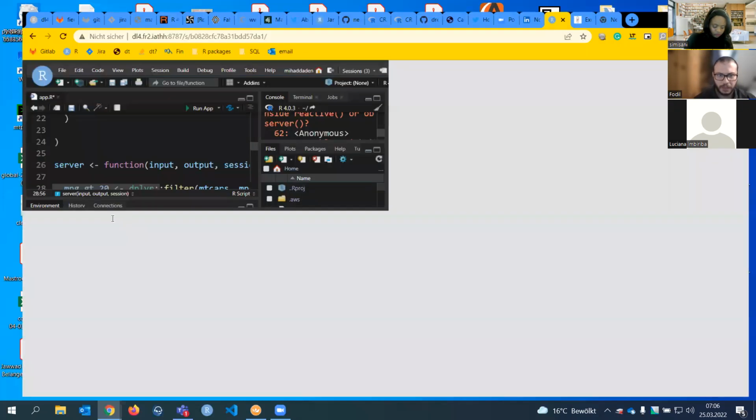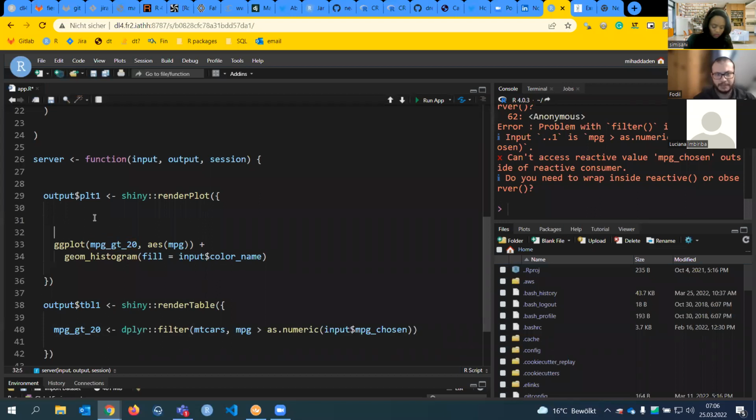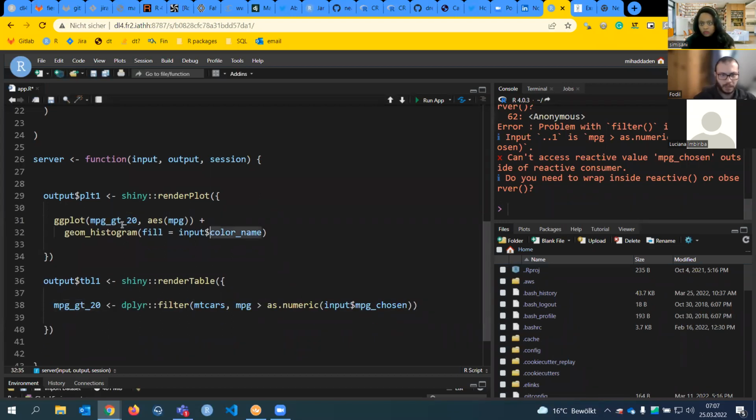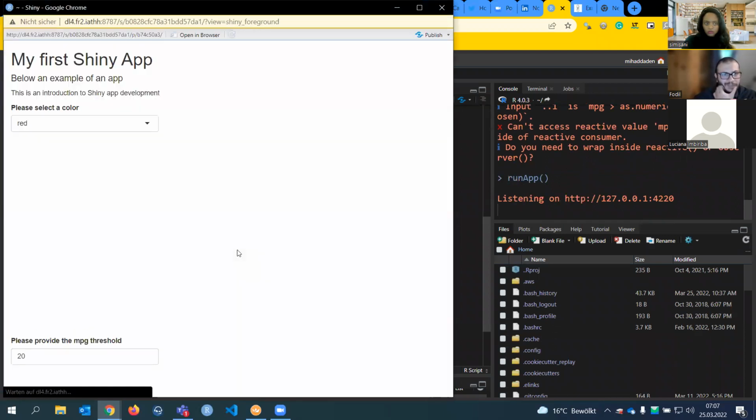I don't have time to get into details about reactive objects, but I will just do it here in my table. Let's say the plot will not care. We just use a normal mtcars, and we will have reactive mtcars only in my table. Right, so I just put MPG greater than the chosen value, get this result, run the app again, and now we have